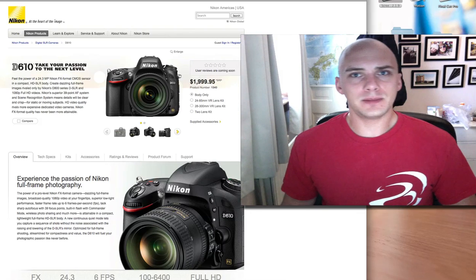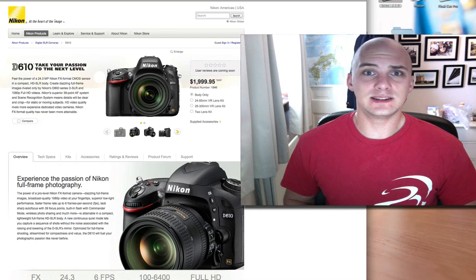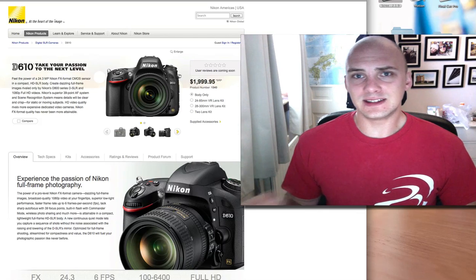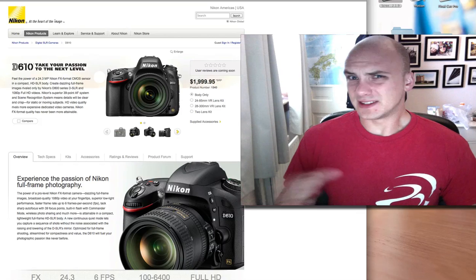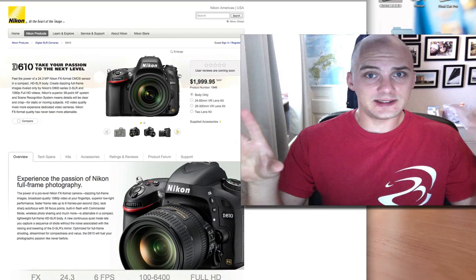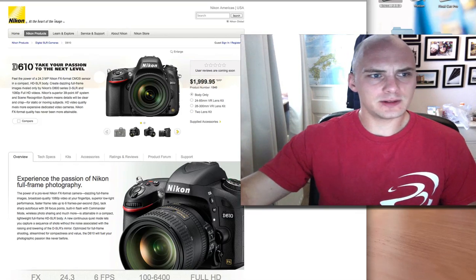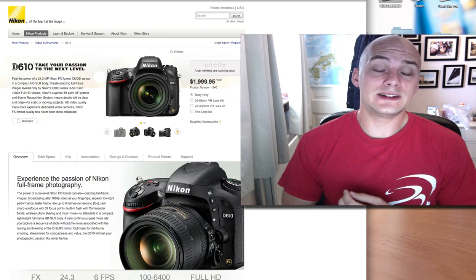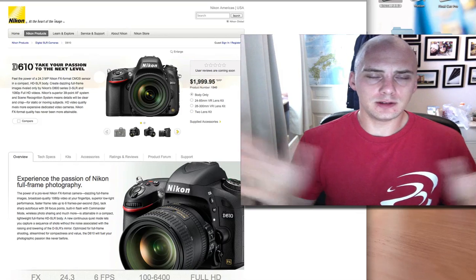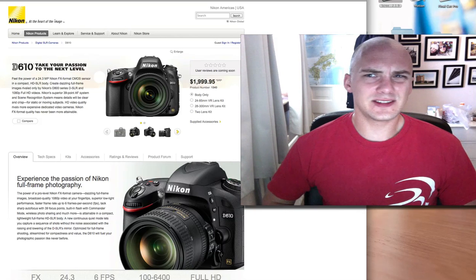What it is, is an update to its entry-level full-frame camera, the Nikon D610. Now, this wasn't technically an upgrade or an update to the D700. That still hasn't really come out, but effectively Nikon brought out two new cameras, the D800 and the D600. The D800 was 34 megapixels, or 36 megapixels. The D600 was a 24 megapixel camera. So both of them very high megapixel, and both full frame. Lots of new kind of sensor